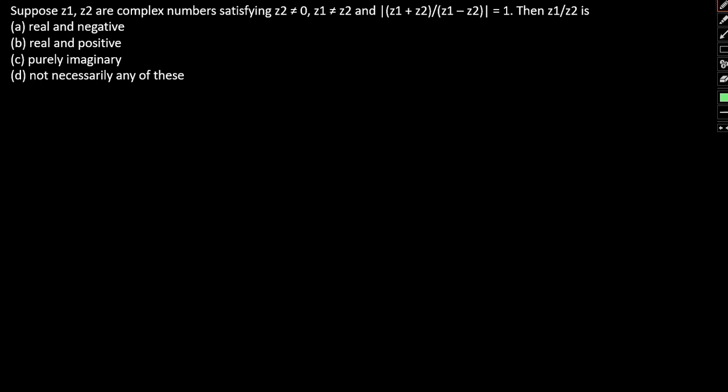Suppose Z1, Z2 are complex numbers satisfying Z2 not equal to 0 and Z1 not equal to Z2, and the absolute value of (Z1 plus Z2) by (Z1 minus Z2) is equal to 1. Then we need to find the value of Z1 by Z2. Okay, so let's start off with the given condition, that is, the absolute value of (Z1 plus Z2) by (Z1 minus Z2) equal to 1. Okay, this can be further written as